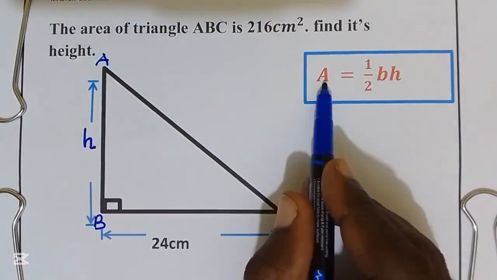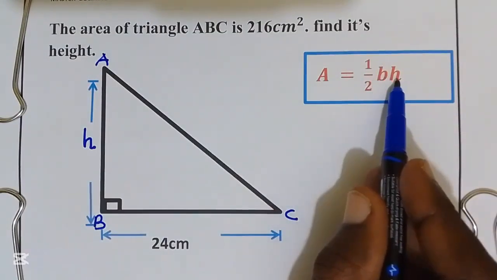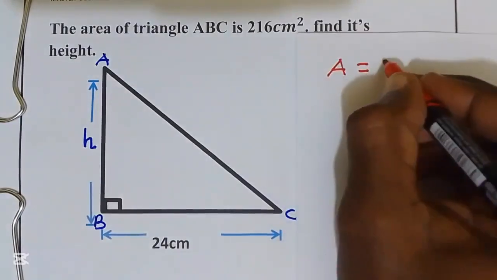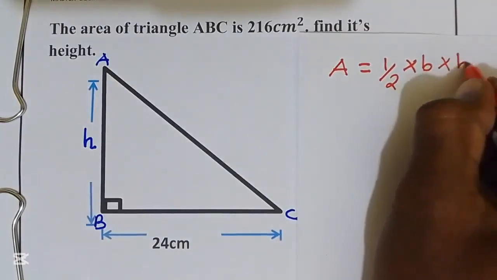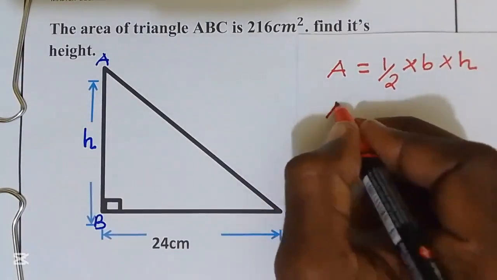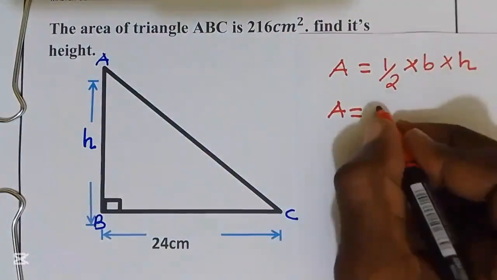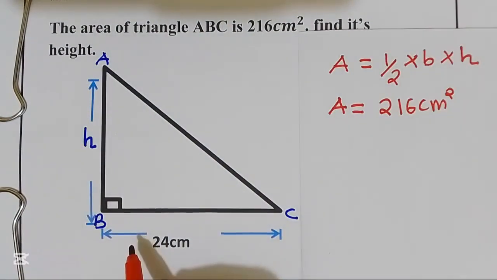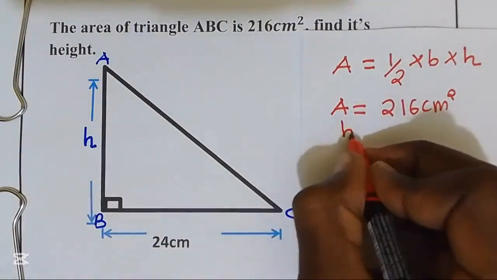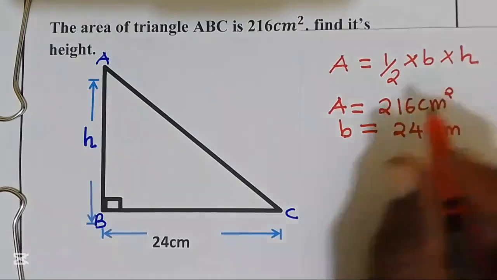The area of a triangle is given by a half multiplied by base multiplied by height. Area of a triangle is equal to a half multiplied by base multiplied by height, but they have given to us area is equal to 216 centimeters square, and also they have given to us the base of 24 centimeter. So the base is equal to 24 centimeter. They need the height,